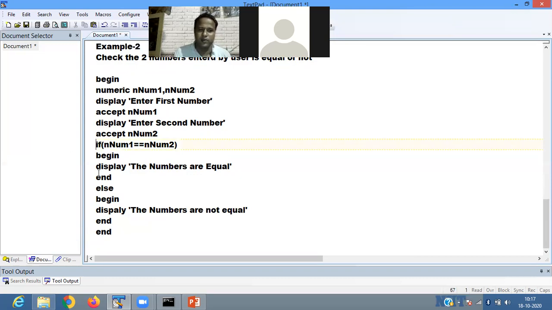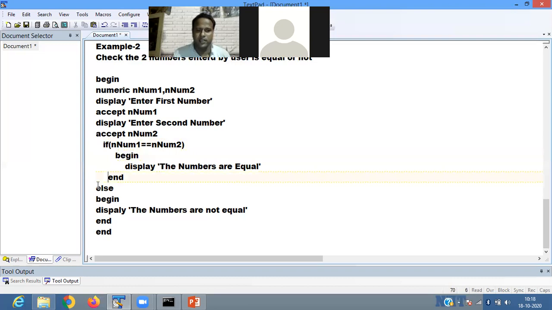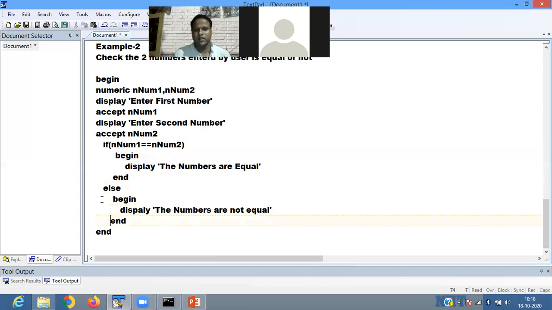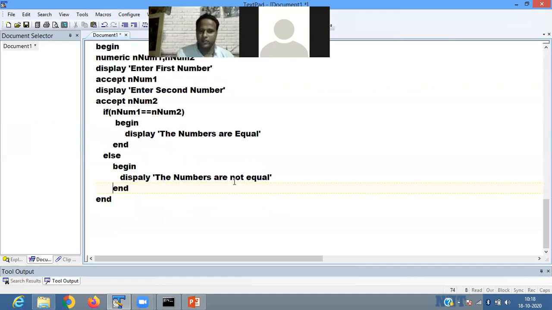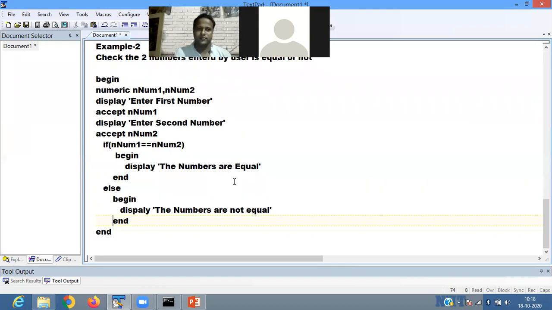If you pass number 1 as 20 and number 2 also as 20, then it displays the numbers are equal. It is the if and else block. Got it? Okay.